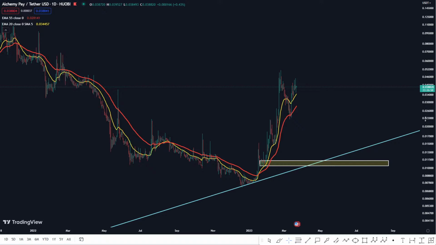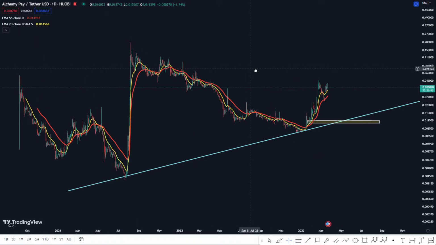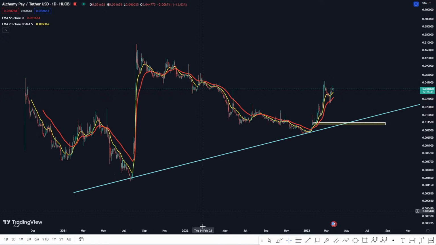All right, Alchemy. So for this token here, as you can see, we have two touches off of this ascending light blue support trend line. And this is important because if we're going to be seeing a pullback, if we're going to be seeing a strong correction in the markets,